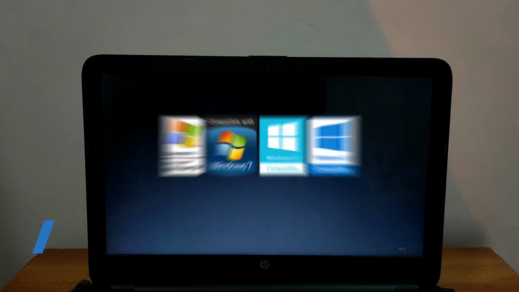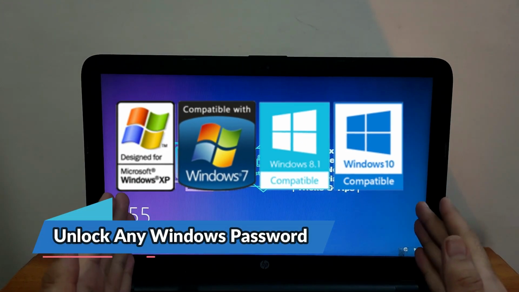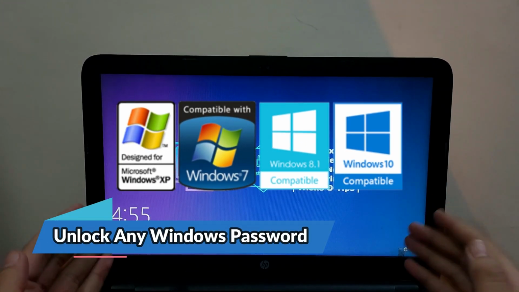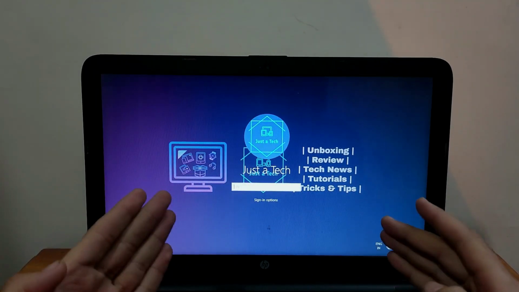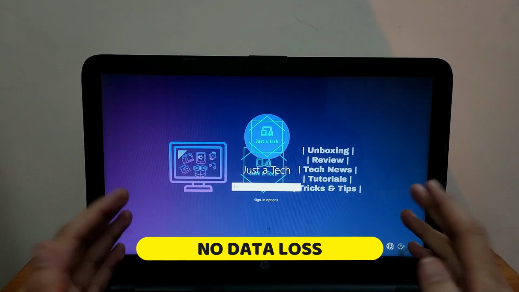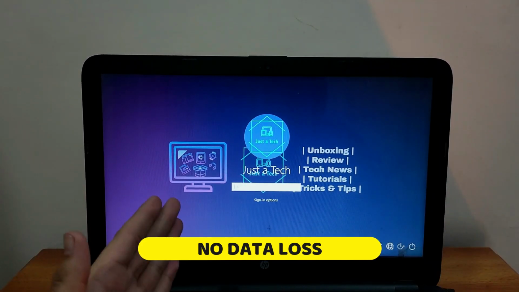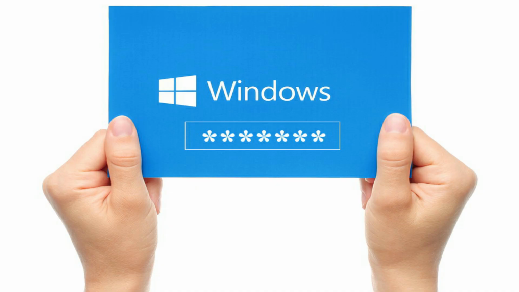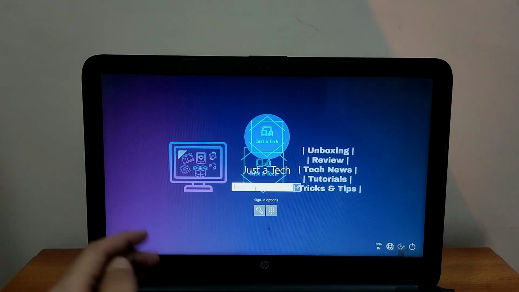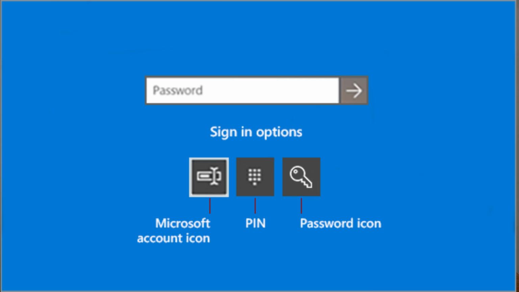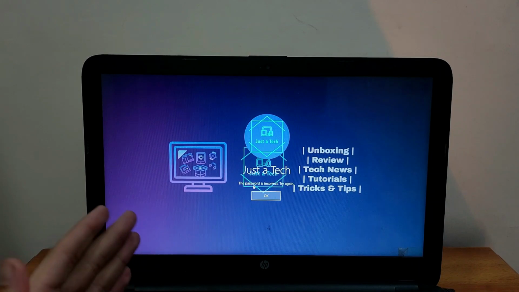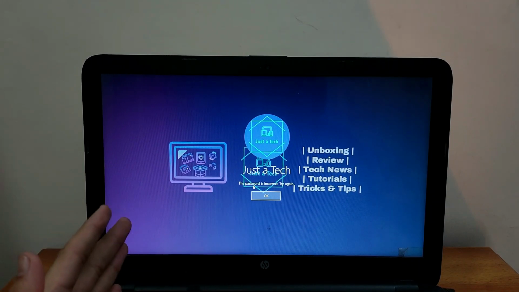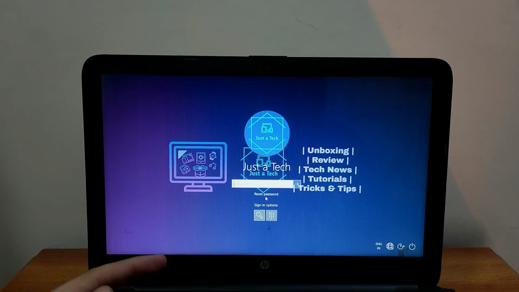So in this video, I'm going to show you how you can unlock and easily remove any Windows operating system login password, administrator password, Microsoft account password. In short, any password you have on your Windows operating system, you can easily unlock, because sometimes we forget our own Windows system password and also have not accessed any recovery option, whether it's a PIN password or 4-digit, 6-digit or an alphanumeric password, or in some laptops it's a Face ID or a fingerprint password. So you can unlock all kinds of passwords very easily.